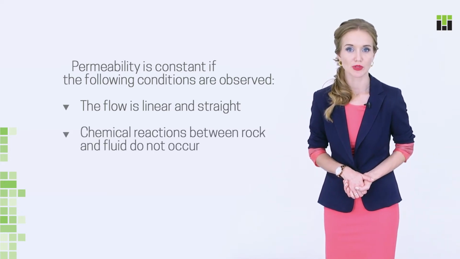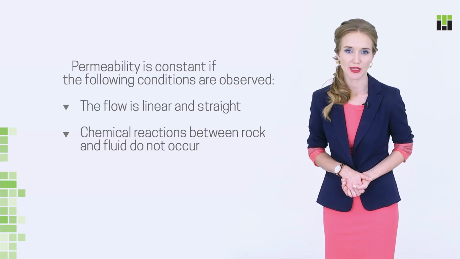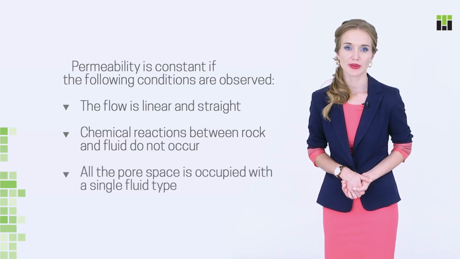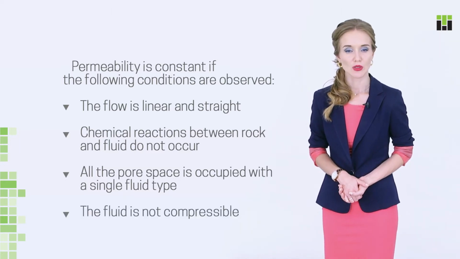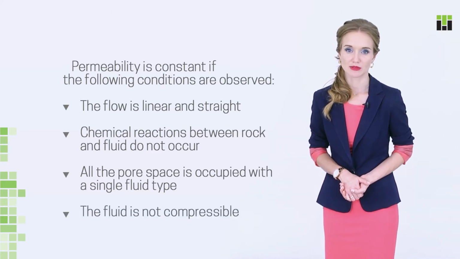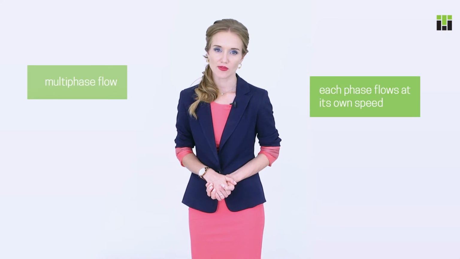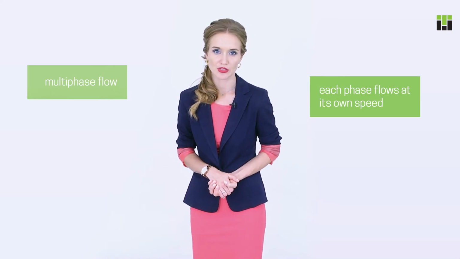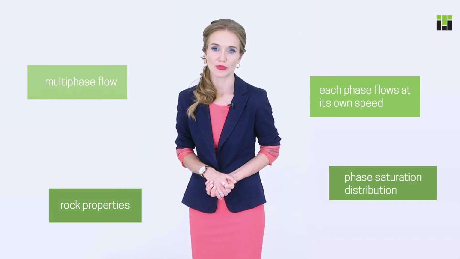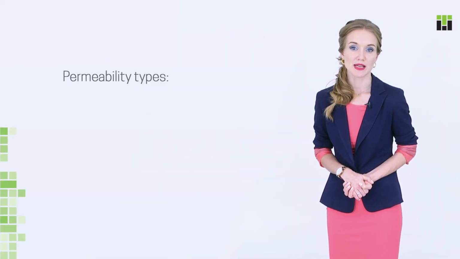Chemical reactions between rocks and fluid do not occur. All the pore space is occupied with a single fluid type. The fluid is not compressible. Obviously, this is impossible in real life. We always deal with multi-phase flow, that is, flow of several fluids or phases at once. Each phase flows at its own speed, depending on various factors such as rock properties or phase saturation distribution. Same as porosity,